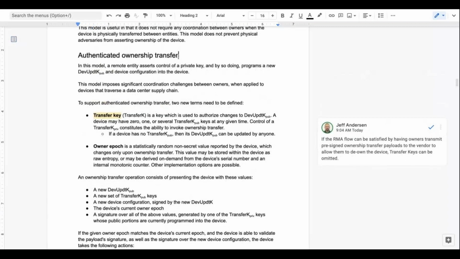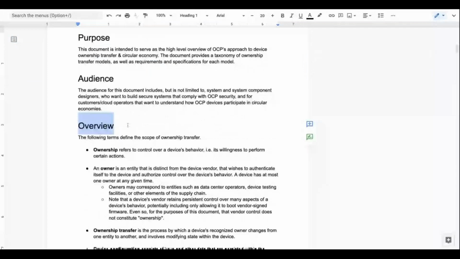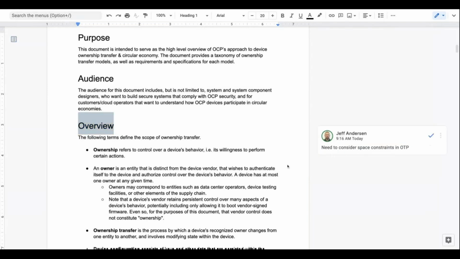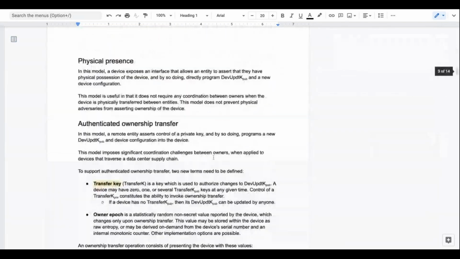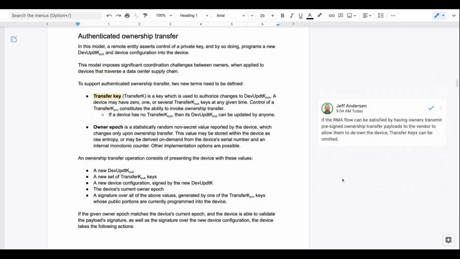Another fundamental question I had is, in this whole device transfer of ownership, are we okay with transferring the keys physically to the next set of owners, or do we want the ability where the key exchange itself does not need any responsibility, and all keys are always updatable?